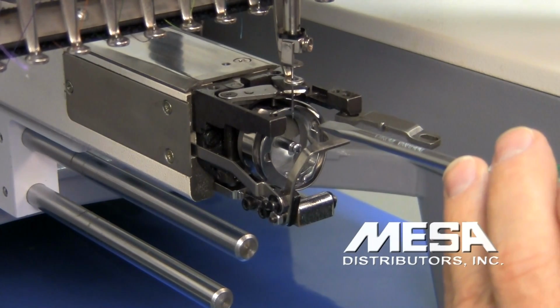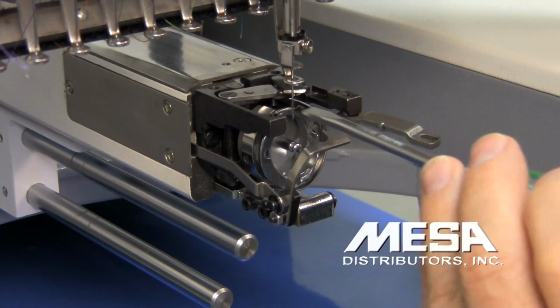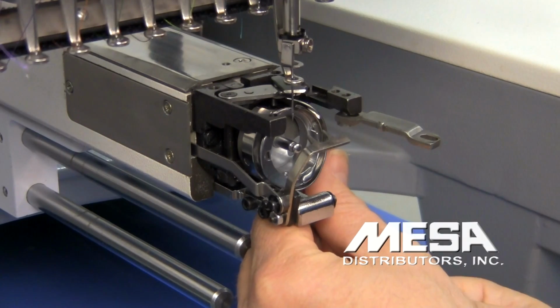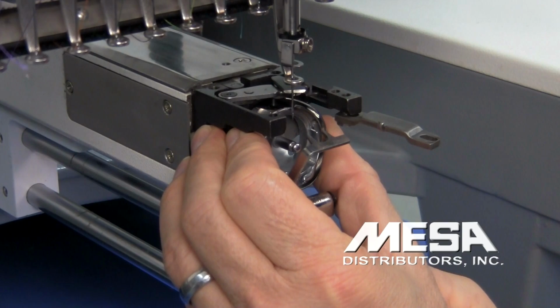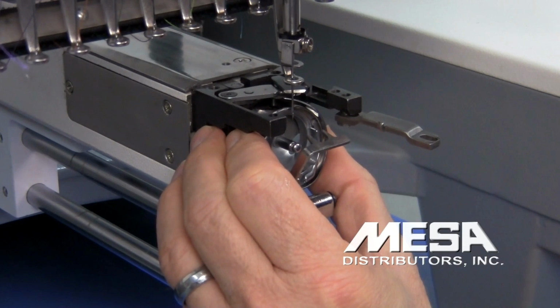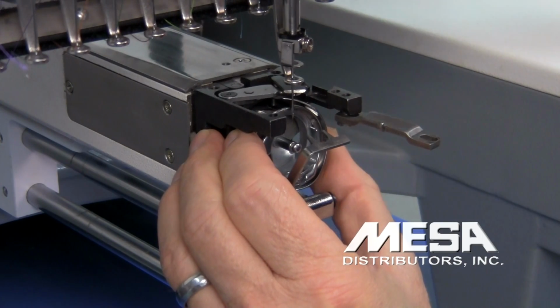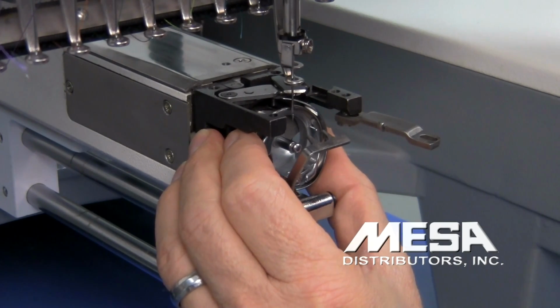So I'm going to back it up just a little bit so that the 50%, the halfway point of my scarf, is about where the hook's going to come around. Then I'm going to loosen that third screw, the offset one, remember we've already loosened the 2 countersunk screws. Loosen it just a little bit. I'm going to advance the hook. See how the needle's staying the same and I'm twisting and turning the hook? And now I'm going to bring my needle back down a little bit so that I hit that 50%, that